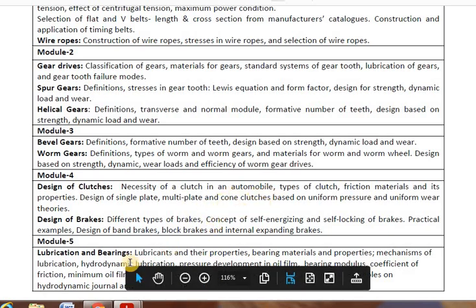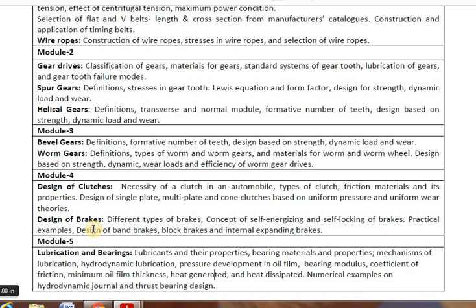Brakes, many varieties of brakes are used, and we will see them as and when. So these are the chapters where we are going to design. Here also we discuss elaborately the theoretical part, any possible derivations or equations that can be directly referred to in the design data handbook, and how to solve the examples using the equations of the data handbook. That's the methodology we are going to use.